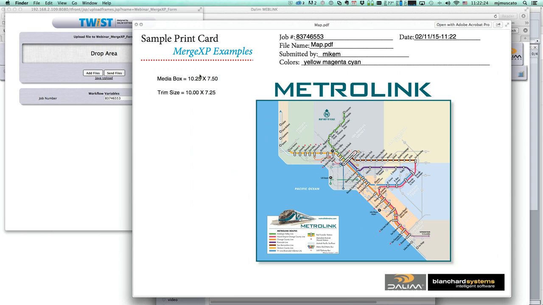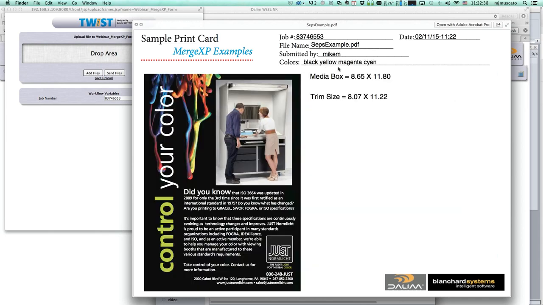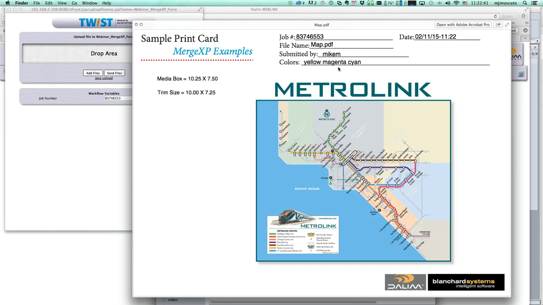Notice what we get. Again, like I said, this is fairly simplistic, but there's our trim media box information. It captures all this information, drops it on the form. Another thing you'll notice, though, is you notice I got two kind of different results here, right? Notice on this one,